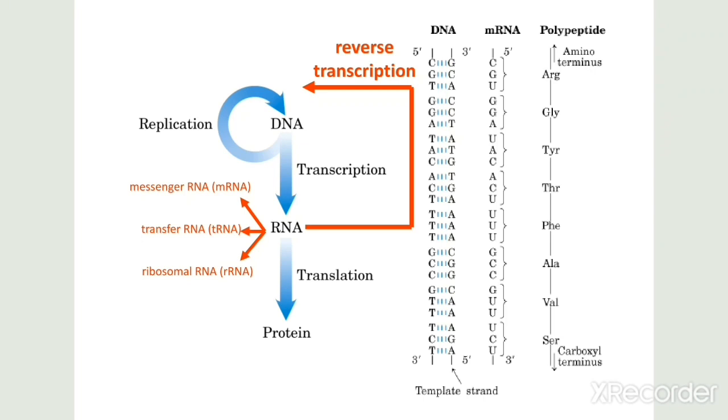DNA replication is an essential part of biological inheritance in which identical replicas of DNA are produced from the original DNA molecule using DNA polymerase enzyme. Now, if you see the left side of the illustration, you can see the two strands of DNA, 5' to 3' and 3' to 5', that are complementary to each other according to the base pairs. Cytosine forms bond with guanine, while adenine forms bond with thymine.